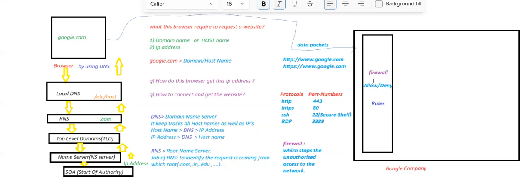Yes. Does this firewall allow my request? Yeah. Now, after this request got allowed, where does my request get sent, sir? So where does my request get sent? Now the question is,